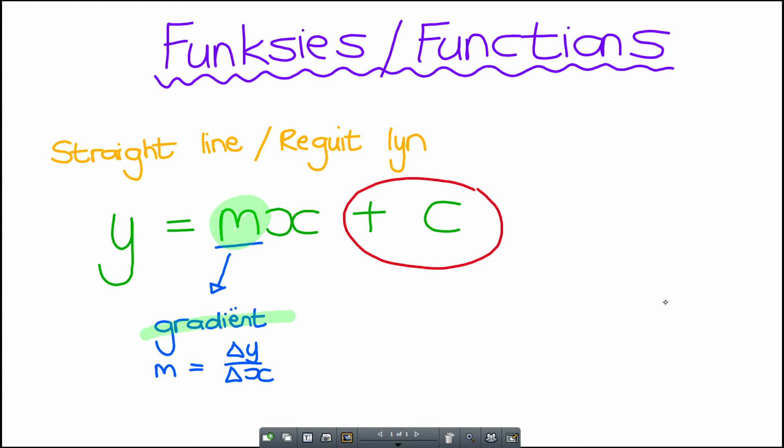Now how do we work out gradient? We say gradient is equal to, what does that little triangle mean? Wat is dit nou weer? Okay, ja, delta. Die verskil. Ja, of die verandering. Okay, so the difference in y over the difference in x. So basically, if you don't like that, you can rather say,